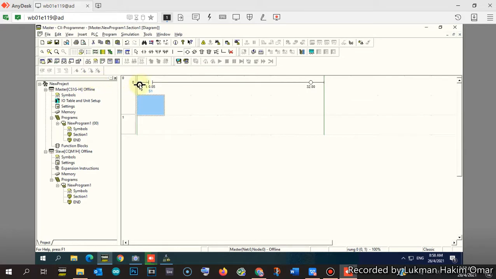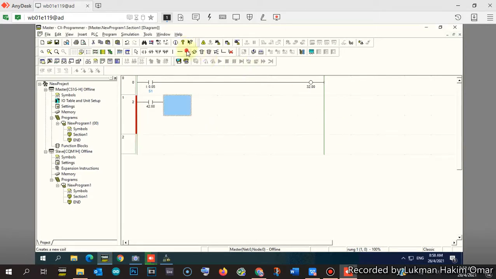This one will go to the slave PLC, and then I will create another one to receive the bit from the slave PLC. Let's say I use 42, any bit in the range of 40.00 to 49.15. For my example, I use 42.